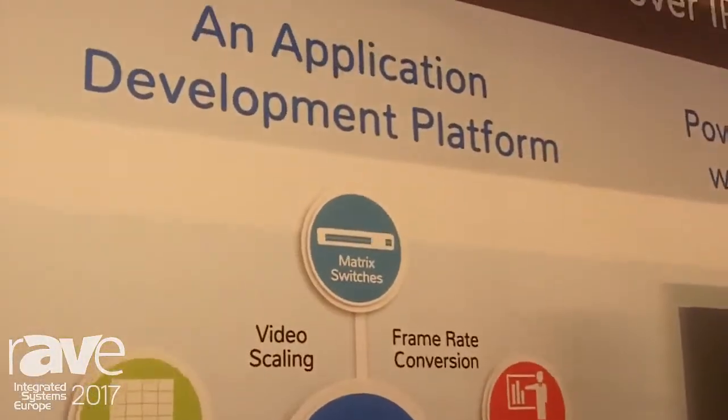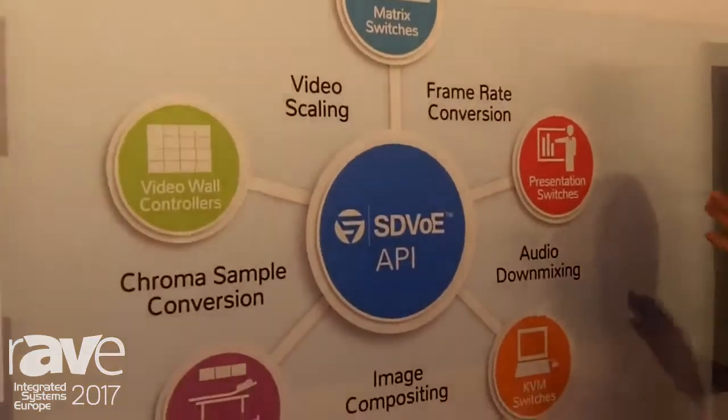Now, more than just a transport for AV over Ethernet, SDVoE technology offers a lot of powerful processing engines, including video scalers with frame rate conversion, color resampling, chroma resampling, audio downmixing, video wall processing, multi-viewers, the list goes on. And this sounds terribly complex, but it's all managed in a simple way through our application programming interface. So this is back to our full stack solution.